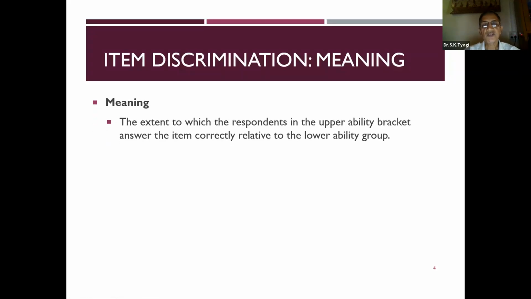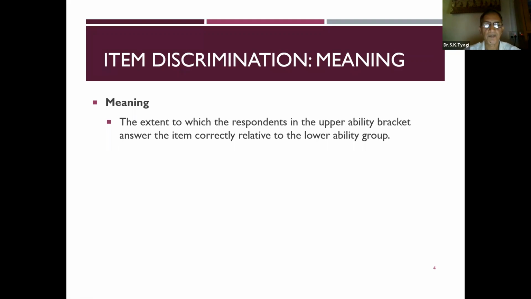An item will be called discriminating if the item is answered correctly by the students in the upper ability bracket relative to the lower ability group.